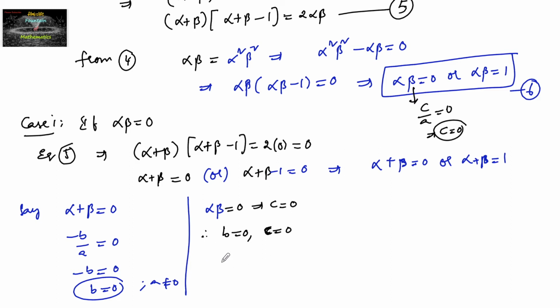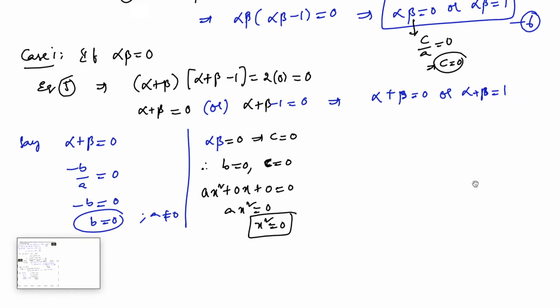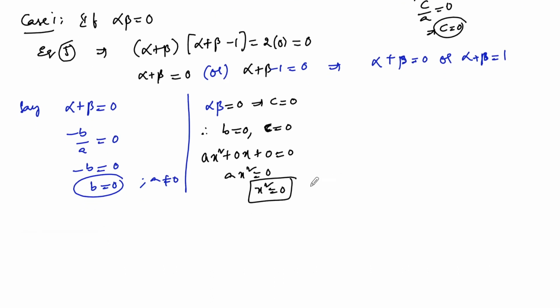Then what is the quadratic equation? ax square plus bx, that is 0 into x, plus 0 equals 0. So we are getting ax square equals 0, or we can write x square equals 0. This is one quadratic equation. Say this is capital A. This is one quadratic equation. We got it for when alpha plus beta is equal to 0, under the case alpha beta is equal to 0. And suppose now